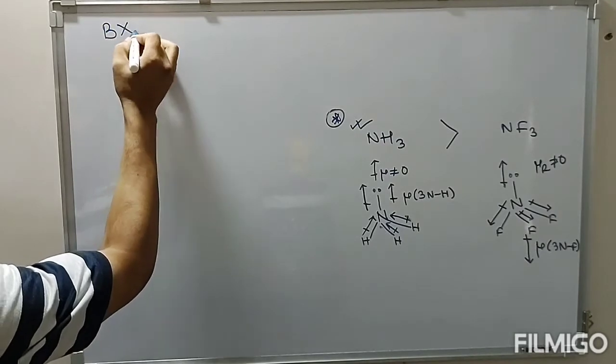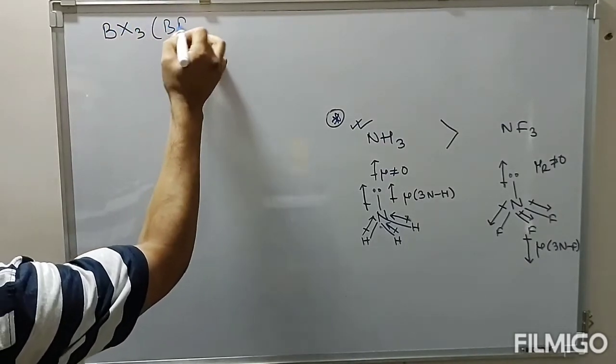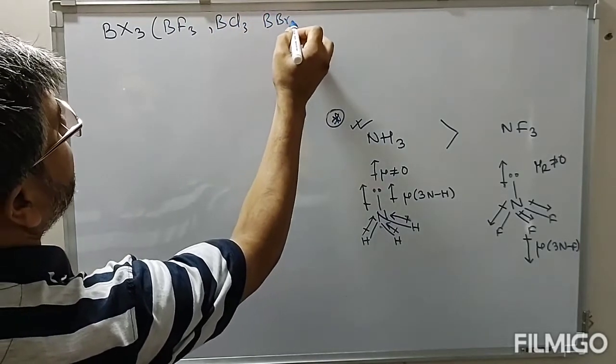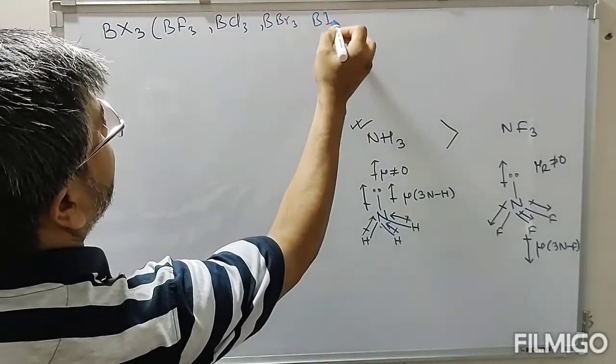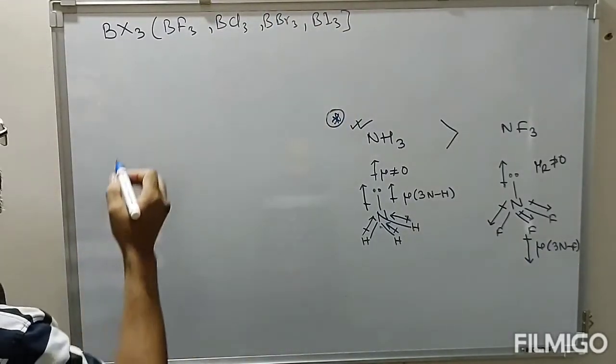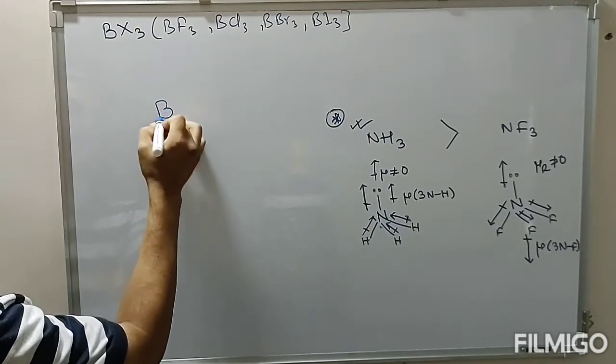Take this BX3, boron trihalide. We can have BF3, BCl3, BBr3, BI3, boron trihalides. So in this boron trihalide, boron assumes